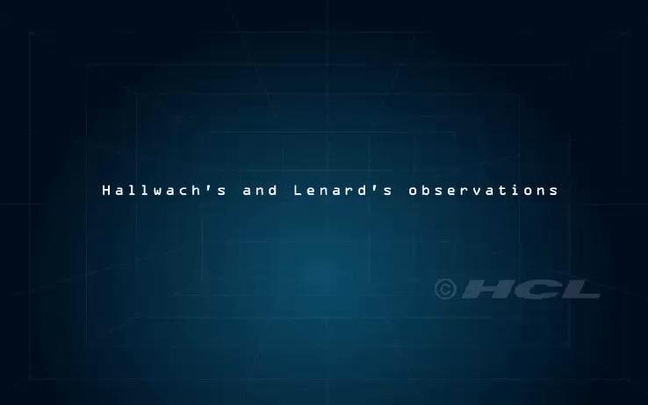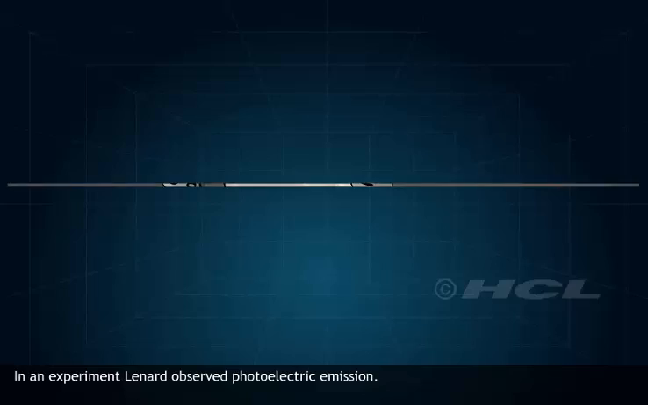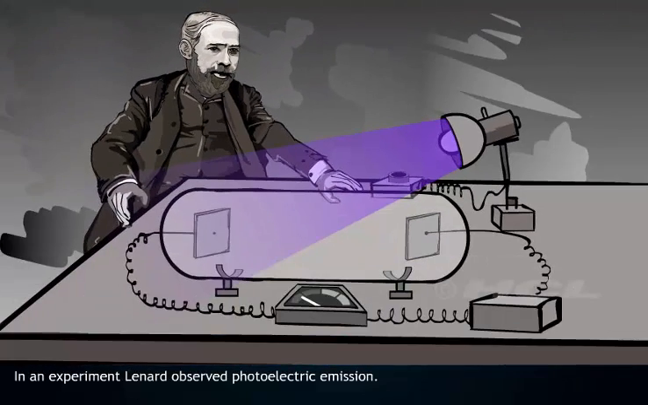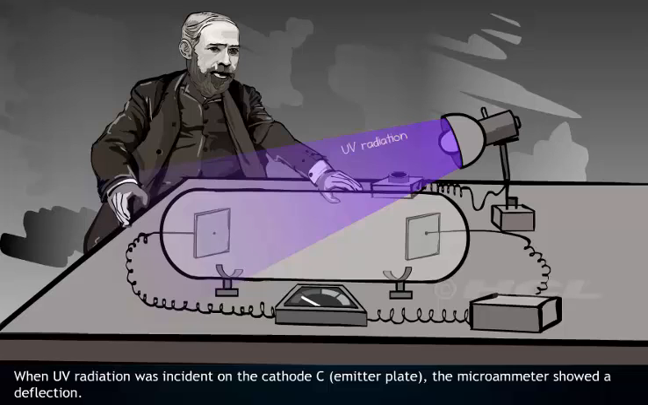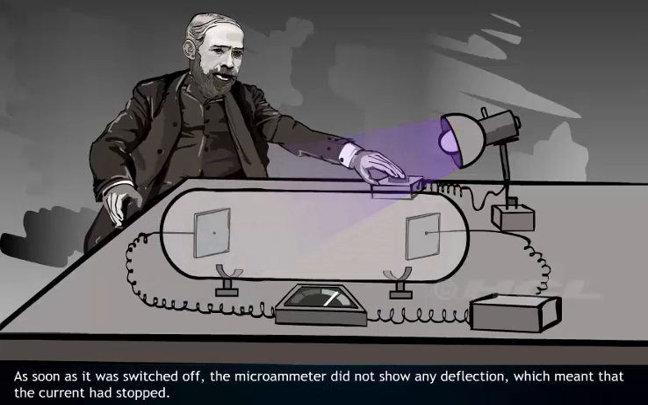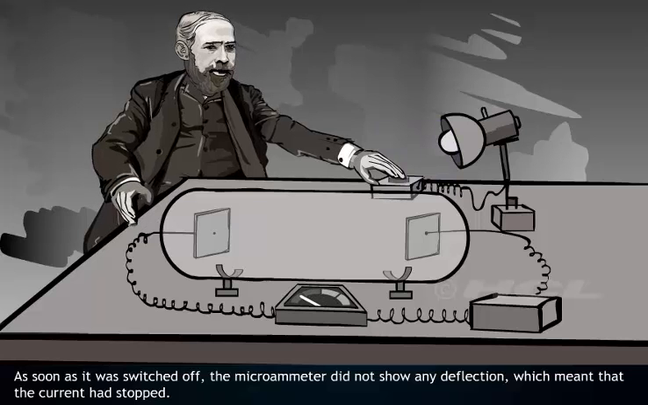Hallwachs' and Lenard's observations. In an experiment, Lenard observed photoelectric emission. When UV radiation was incident on the cathode C emitter plate, the microammeter showed a deflection. As soon as it was switched off, the microammeter did not show any deflection, which meant that the current had